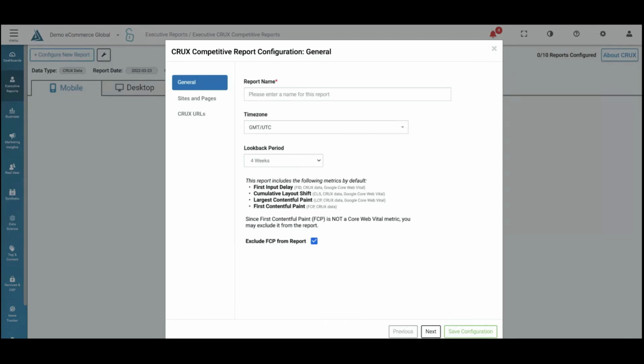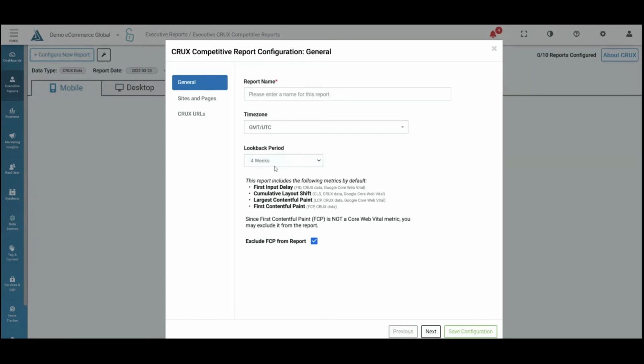One thing you'll need to keep in mind is that when you first configure the report, it might be a good idea to keep the look back period relatively small. The reason for this is that you can always go back into the report configuration and change this look back period. The second thing to keep in mind is that because we're not able to access historical CRUX data, when you first create this report, this look back period won't populate with anything. We will be getting the data for the first report the first day that you configure it. So if you're looking at a 4-week look back period, you're only going to have 1 data point the first day, 2 data points the second, and that's a far cry from the 28 data points needed